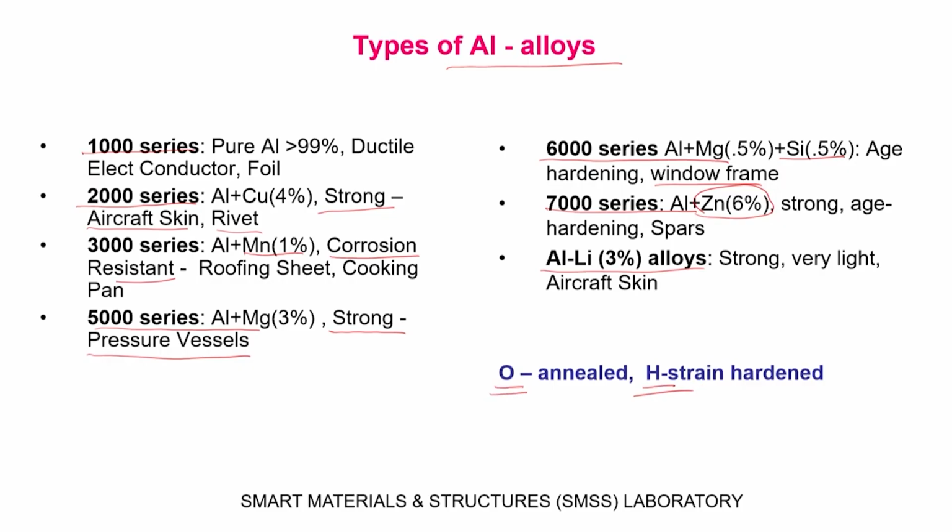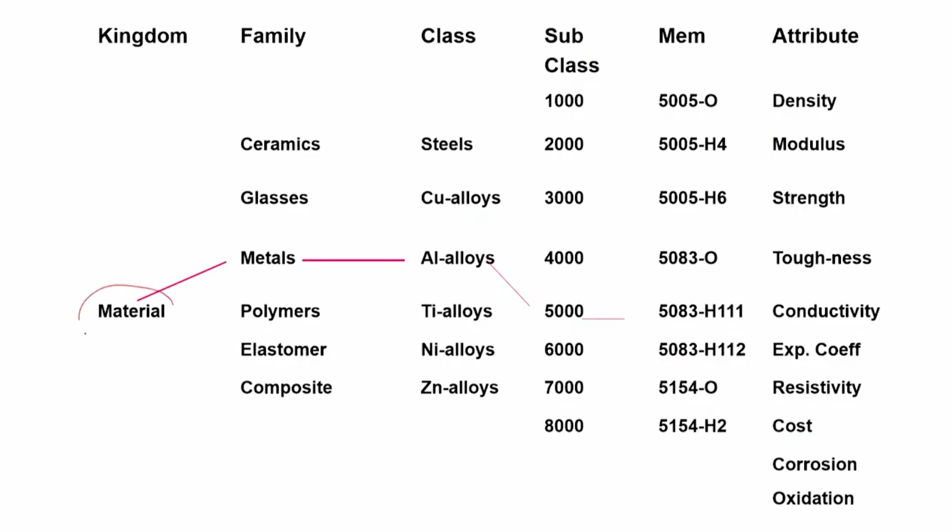So, let us say that I have to choose a particular variety of aluminum for automobiles. Okay? We know that light automobile is something that we always look for. So, how do we choose it? Well, first of all, I choose a material because it is a product. Then which family do I have to choose? Ceramics, glasses, metals, polymers, elastomers, composites. Property limits we are going to apply, and then we will naturally see that the strength requirement and all these